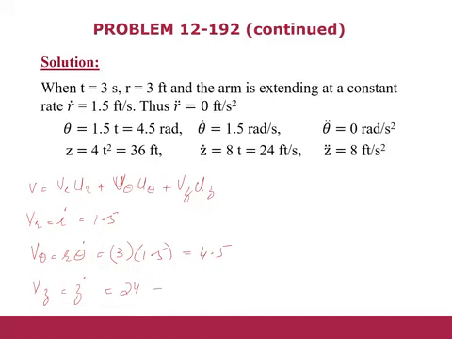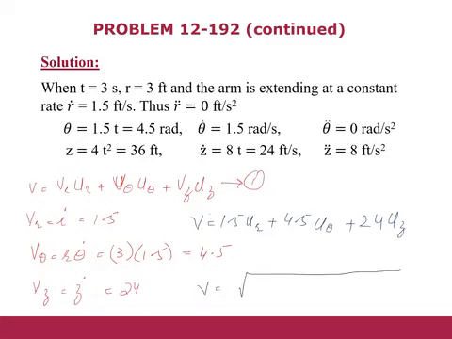So we will put these in this equation, which is equation 1, and we will have that v is equal to 1.5 ur plus 4.5 u theta plus 24 uz, right? This is your vector, and you can calculate the magnitude by